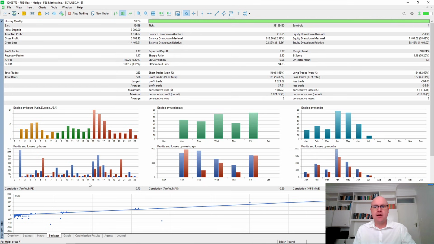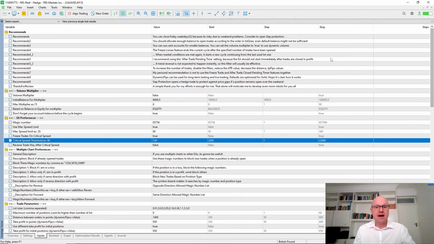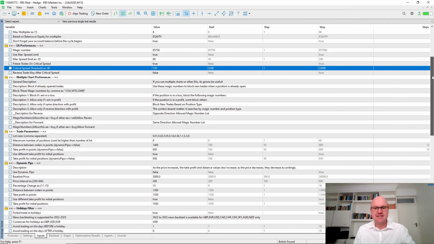Now, unfortunately, on default, what we see is that the total net profit of $1,634 is very close to the equity drawdown maximum of 1,400. This gives us a quite average profit factor of 1.37. Now, this is using his set file for the XAUUSD, or in other words, the default settings that are introduced